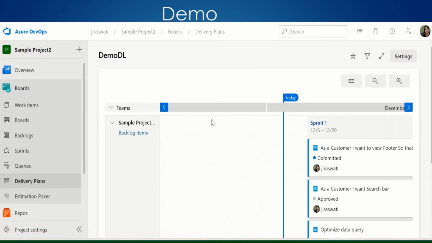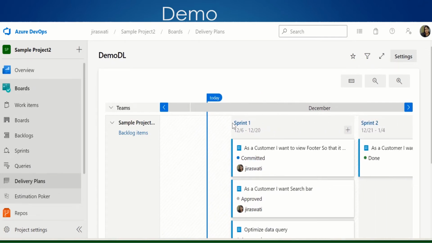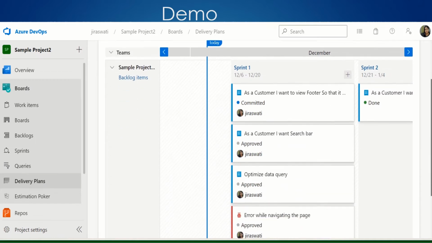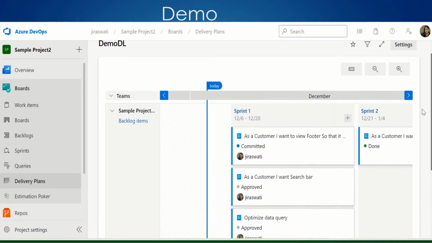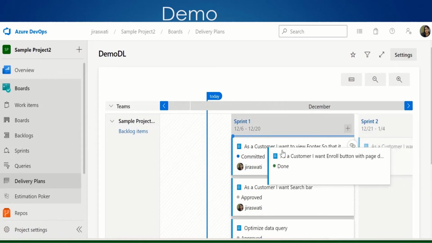See, you can also drag on this, right? Here you are able to view your PBIs, and you can set a plan as well. Here is your plan today, and this is your sprint, and you can also view your other sprints. You can scroll the calendar, right? So this is your sprint 2.